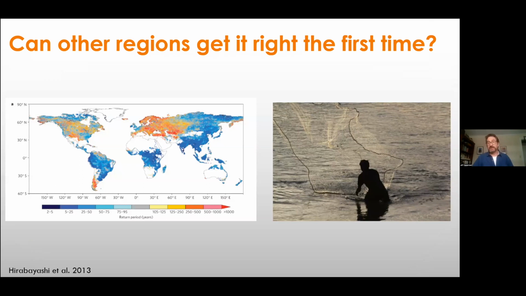On the Sacramento River, they did it after they leveed. On the Mississippi River, they also reconnected big floodways after. We have Room for the River in the Netherlands, but that was after. They already had the levees. Can these parts of the world get it right the first time and integrate nature-based solutions? I'm not saying not to build levees anywhere. Definitely build levees and flood walls where they're needed, but to the extent possible, integrate nature-based solutions, not just to benefit biodiversity, but as a way to keep people safe.